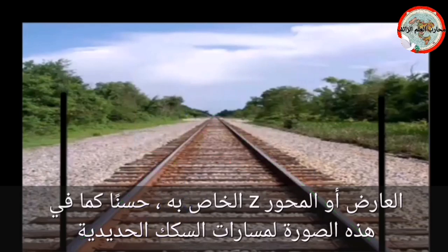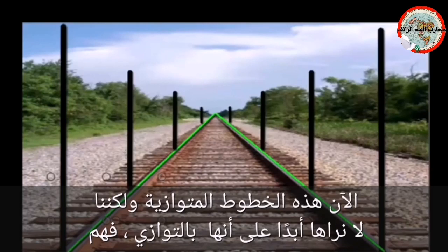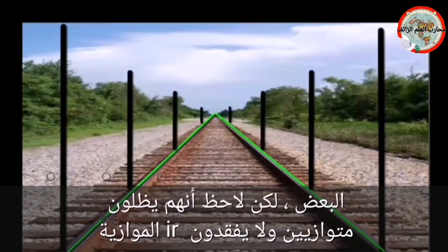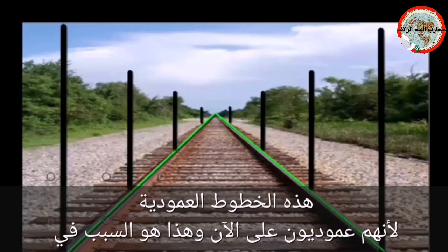Okay, so like in this picture of the railroad tracks here, the line's going away from you, that I did with the green line, that's the railroad track, that's obvious. And right from the get-go, they start to converge. Now those are parallel lines, but yet we never see them as parallel. They're always converging as they go away from you. Now the black poles that I have going down the side of the railroad tracks are also parallel lines to one another. But notice that they stay parallel. They don't lose their parallel orientation. They may get shorter and they get smaller, that's true. They do have a sort of a convergence, but they don't change their parallel orientation, these vertical lines,